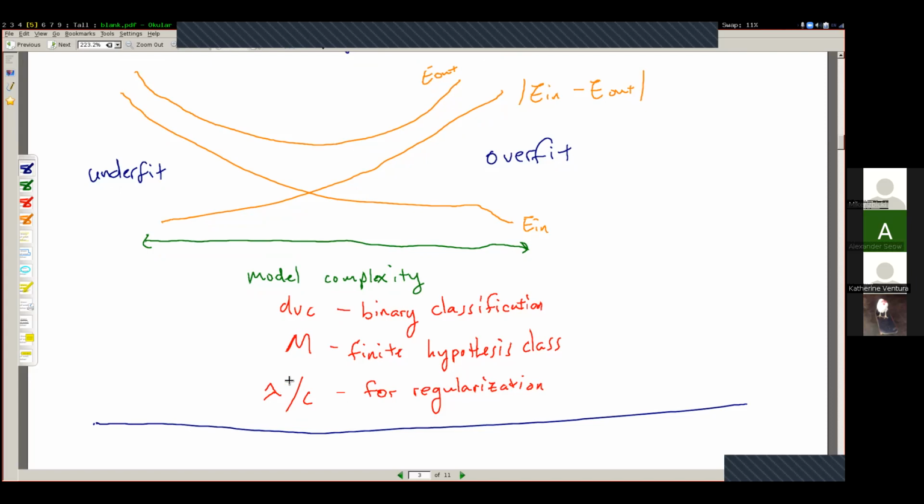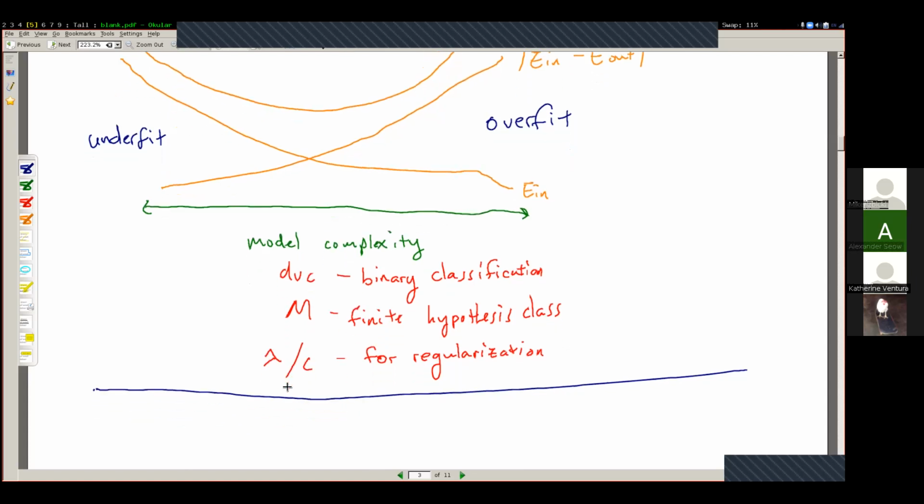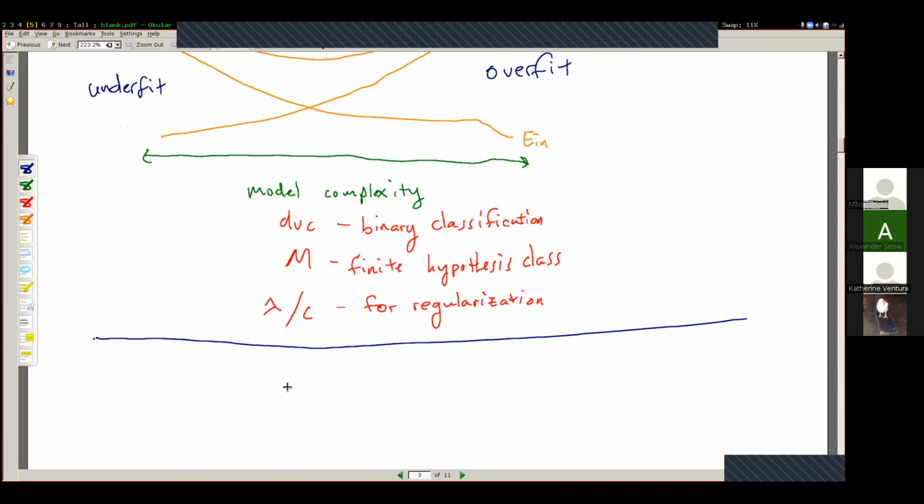People have experimented with regularization for this, but it turns out not to improve things for various reasons. But we did say one other thing, an offhanded comment, for multi-class problems. We didn't do this formally, but we said that